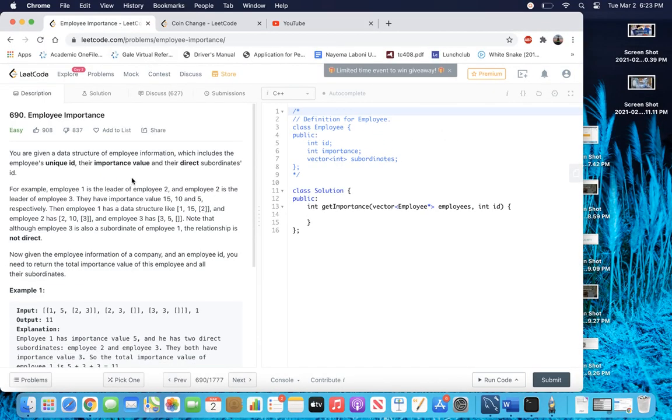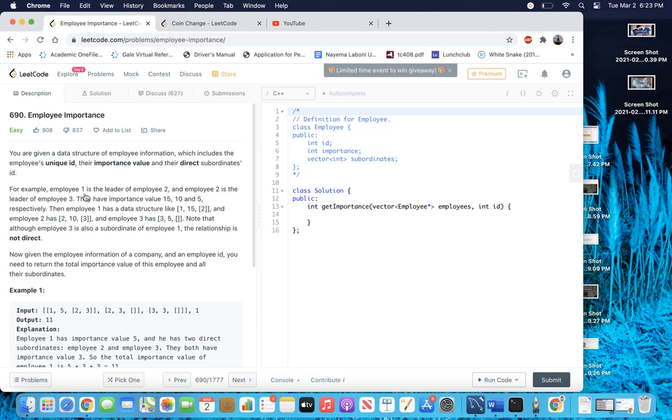Hey guys, so today we are going to be solving this problem, 690 Employee Importance. Let's first read the question and understand what they're asking for and what information we are given. You're given a data structure of employee information which includes the employee's unique ID, their importance value, and their direct subordinates' IDs. For example, employee 1 is the leader of employee 2 and employee 2 is the leader of